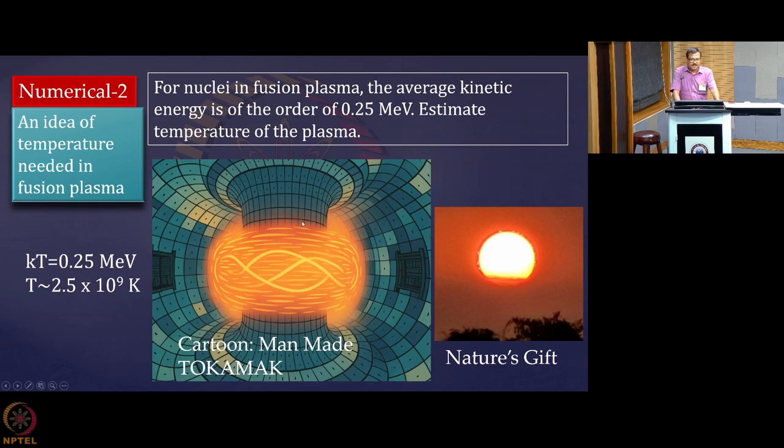Now, this one is man-made. This is a tokamak. I have just made a cartoon of that, and you see the plasma at millions of degrees Kelvin temperature, and you are confining that within the device. You will notice that this plasma is not touching the wall, neither the inner wall that is there. You are keeping it in the space in between the inner and outer walls, so that the structural integrity is maintained. And you see the spiral kind of thing, because that is a toroidal and poloidal magnetic field; you are forcing the charged particles to rotate in this helical path.